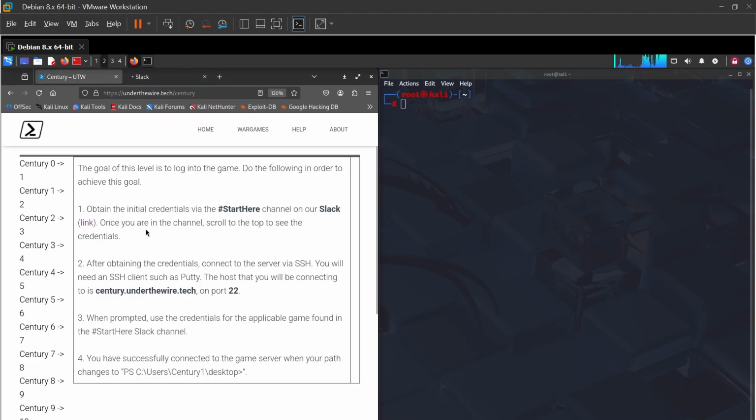After that, once you're in the channel, scroll to the top to see the credentials. So we need the credentials to log into the first level. Now, after obtaining the credentials, connect to the server via SSH. You will need an SSH client such as PuTTY. In this case, I'm using my terminal here on Kali. You can use PuTTY if you don't have it. The host that you will be connecting to is